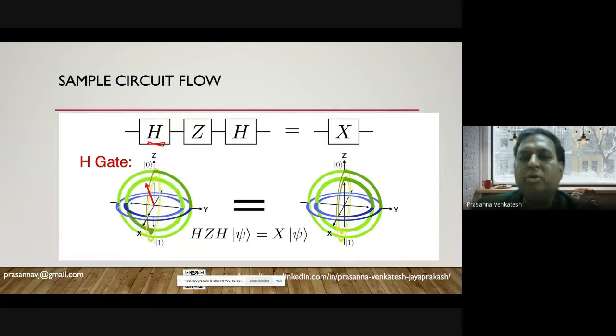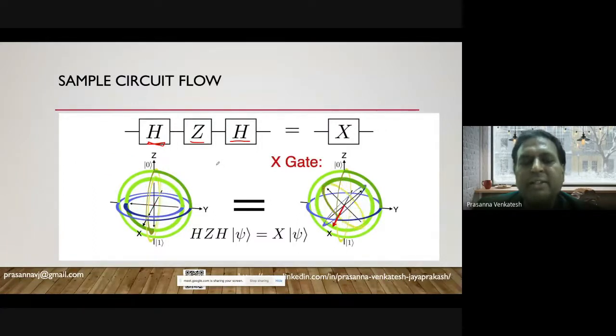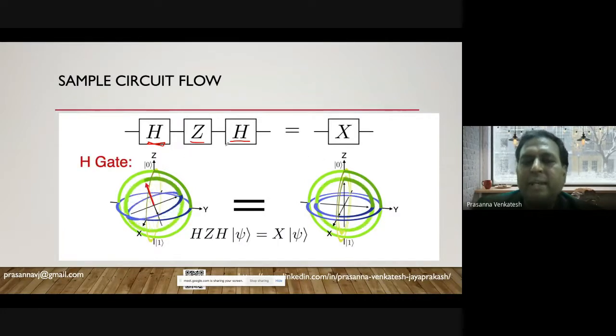Don't worry if you don't understand what I'm saying, you will see them practically, so you will understand it very clearly. There is the Hadamard gate, there is a Z gate, again a Hadamard gate. Effectively the Hadamard gate is used for taking your qubit to a superposition level. Z gate is to rotate your qubit on the Z axis. And again, you are giving a Hadamard gate.